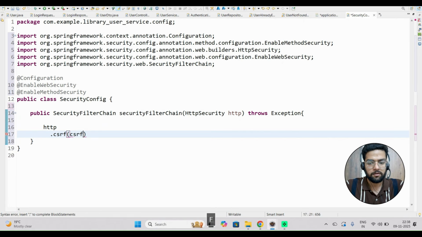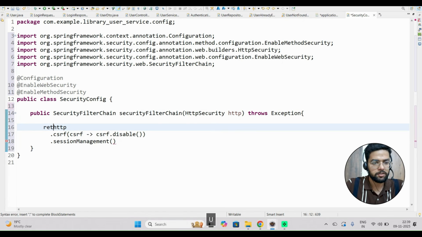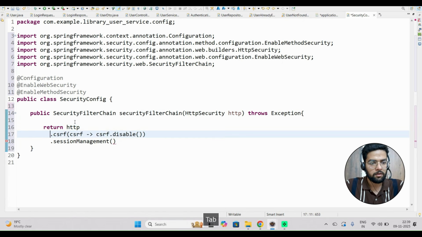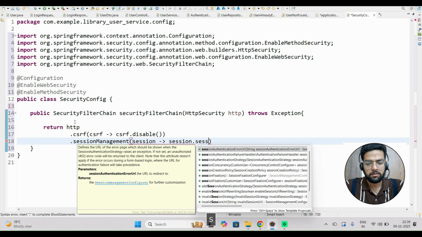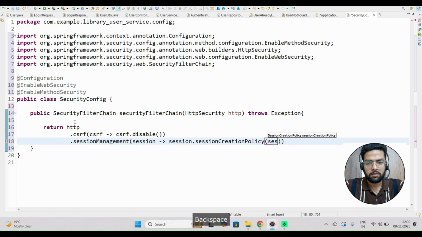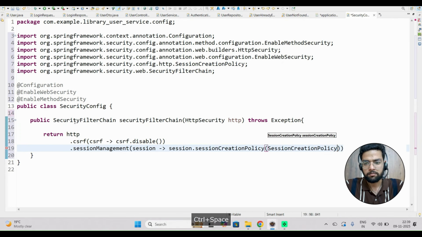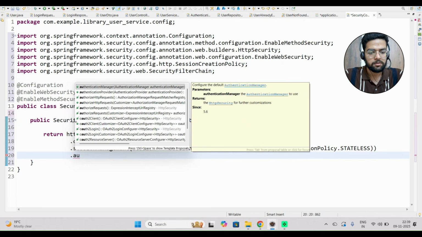CSRF dot disable, then dot sessionManagement. Session dot sessionCreationPolicy, SessionCreationPolicy dot STATELESS, then authorize